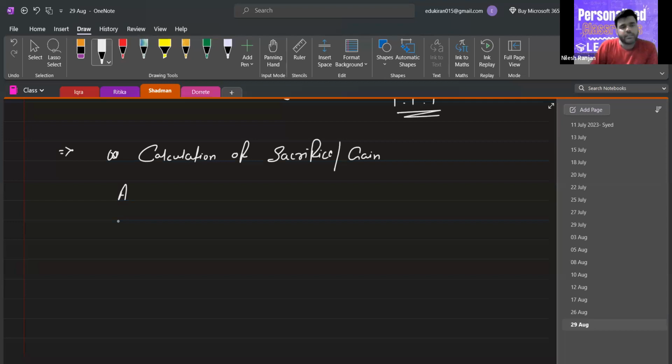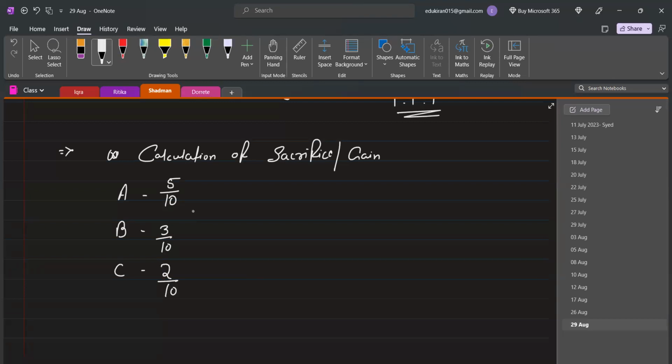So A, B, and C. Actually, the names were different, but I'm writing A, B, and C. Their old ratio was 5/10, 3/10, and 2/10. And the new ratio is